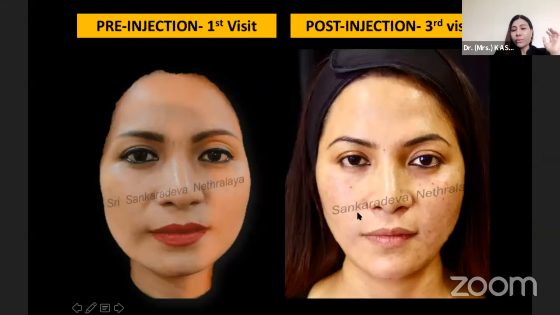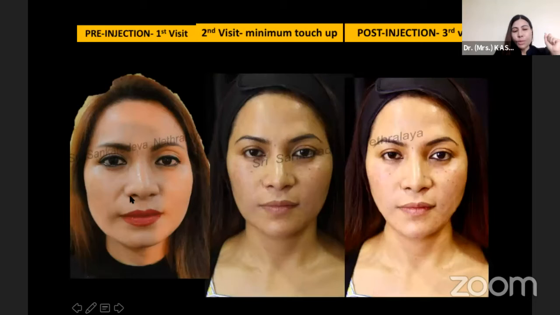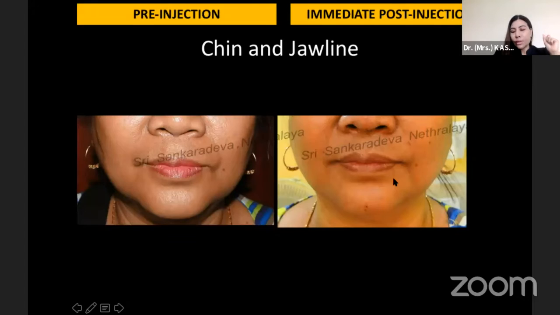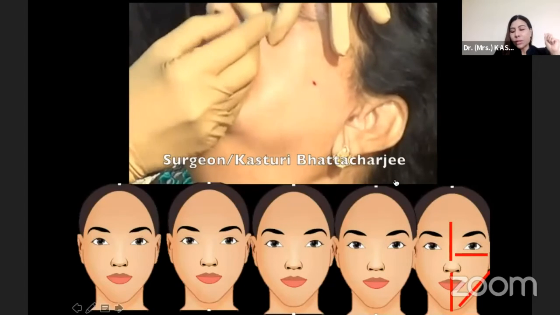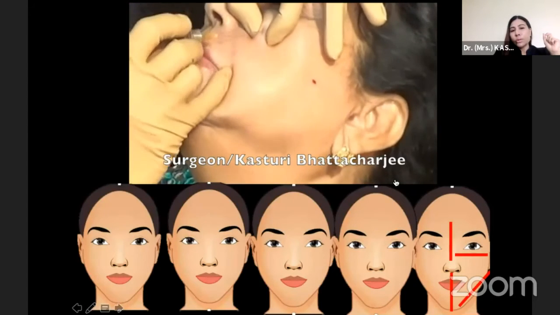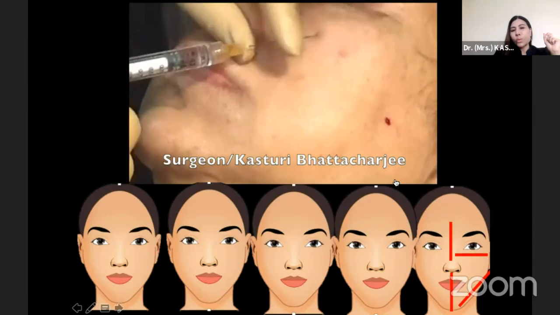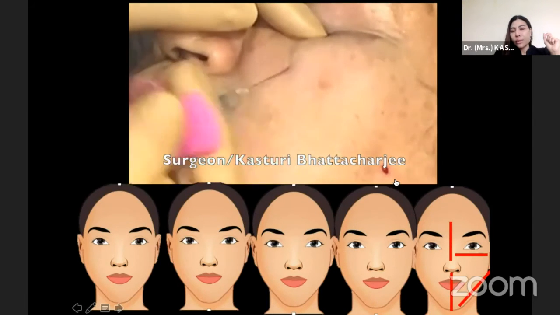So in order to make the face look slim, you need to touch the mid face, you need to touch the lower face. Like this lady who came to me, this is when she just came, and this is after the second visit, with a minimum touch up. Then when I realized that she requested more slimming of the face, you touch the CK4 point and you can see much more slimming. And once you want to do chin and jawline slimming, the best way is to go for a full face filler. So this is a full face filler where you can see the CK1, CK2, CK3 points all being done by the cannula.